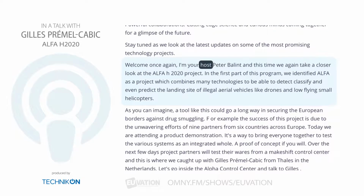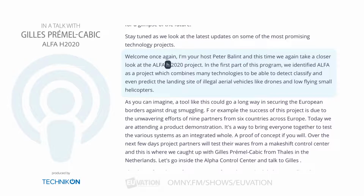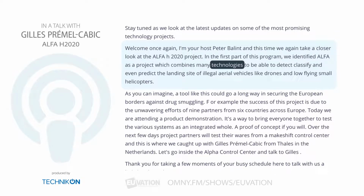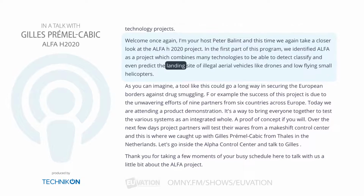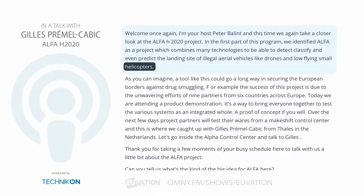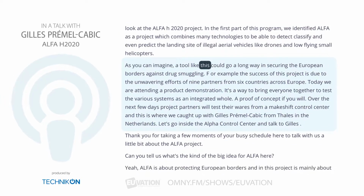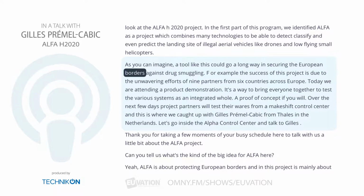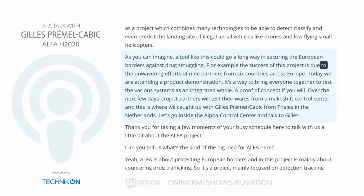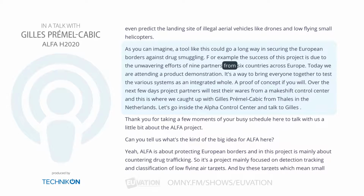Welcome once again. I'm your host, Peter Ballant, and this time we again take a closer look at the ALFA H2020 project. In the first part of this program, we identified ALFA as a project which combines many technologies to be able to detect, classify, and even predict the landing site of illegal aerial vehicles like drones and low-flying small helicopters. As you can imagine, a tool like this could go a long way in securing the European borders against drug smuggling, for example. The success of this project is due to the unwavering efforts of 9 partners from 6